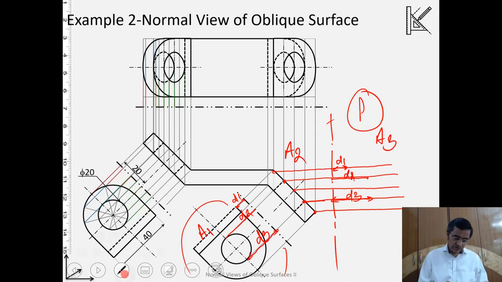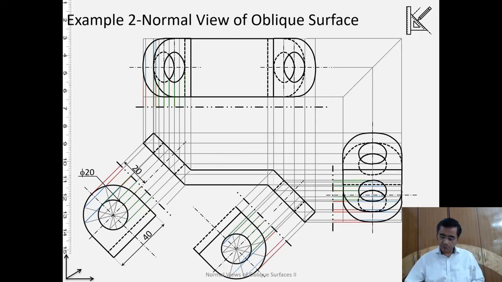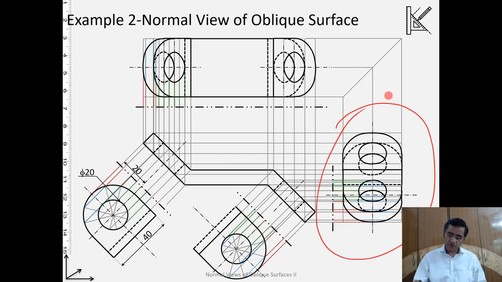So let us complete it. By doing it, I will be able to generate the projection on the profile principal plane also. So regarding visibility and other things, be careful as we had done in the earlier case.